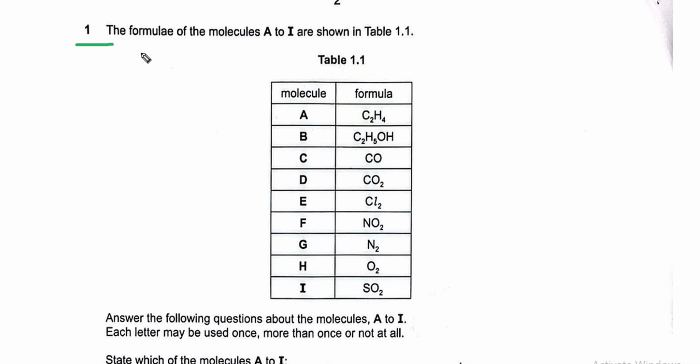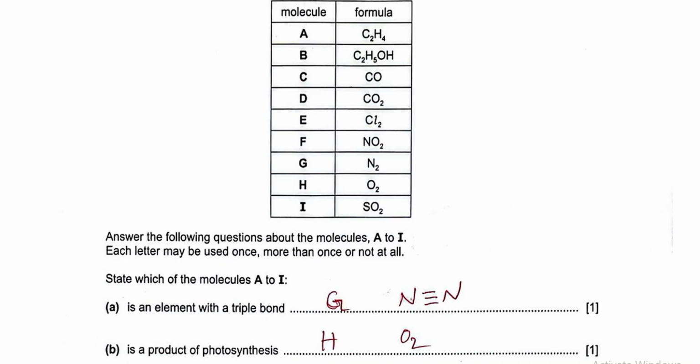Number 1. The formulas of the molecules A to I are shown in table 1.1. A, B, C, D are molecules and their formulas are given. Answer the following questions about the molecules A to I. Each letter may be used once, more than once, or not at all. State which of the molecules A to I